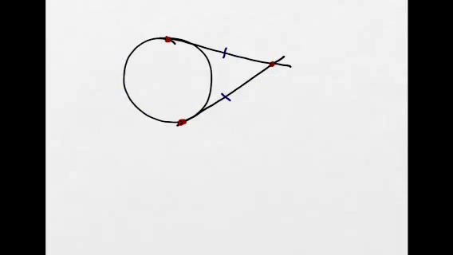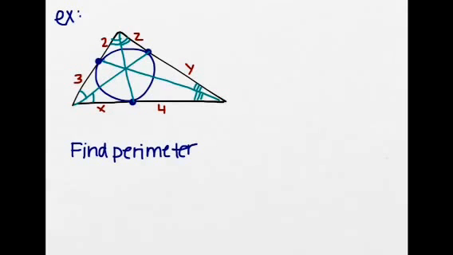Let's get started. So basically, if I have two tangent lines at a circle that intersect at one point, then these two distances are congruent. Okay? So we've actually seen multiple tangent lines before, when we were drawing in circles. Realize that these two are tangent lines, and these two are tangent lines, and these two are tangent lines.